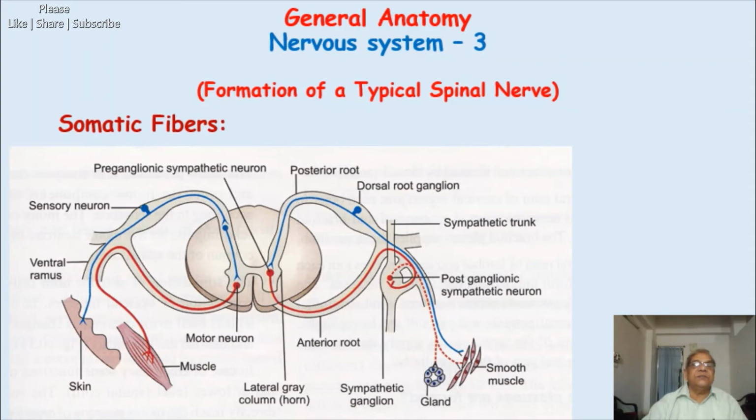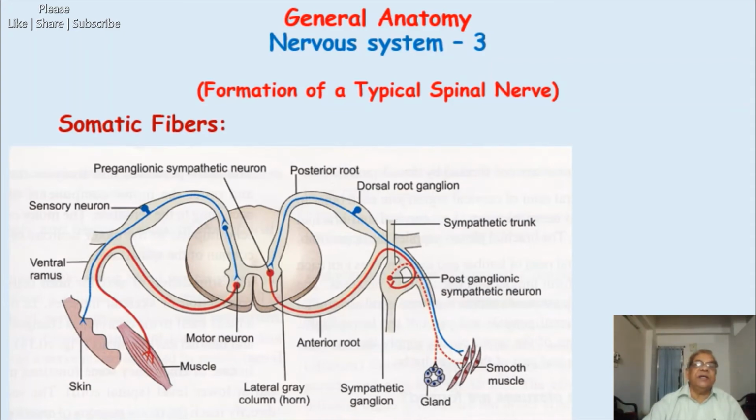Okay, central process. In a similar way, the dorsal root ganglion contains thousands of neurons within a single ganglion. How many ganglia are there? There should be 31 ganglia, as there are 31 spinal nerves. This is present on both the right as well as the left side. So this is the sensory component, or sensory fibers, present in a spinal nerve.